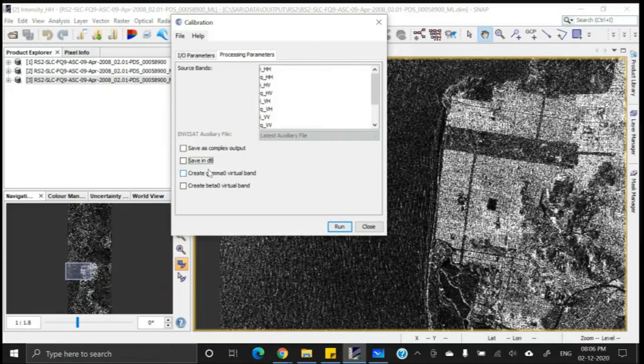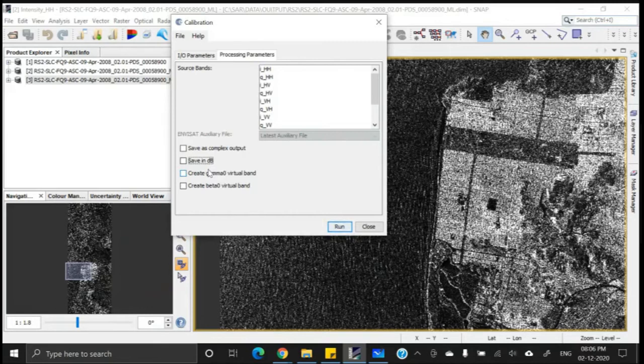Beta naught is performed in slant range geometry, and slant range pixels cover different areas which vary with the local incidence angle. So look angle and dim effect will be there, and beta naught contains a geometric impact on the radar backscatter.